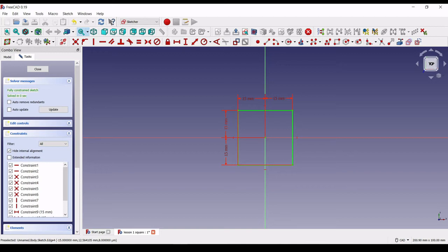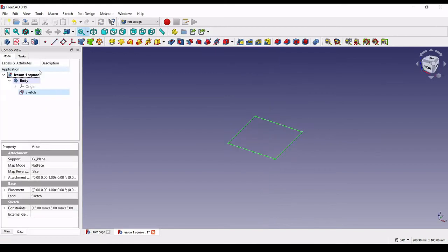Right, now I need to finish my sketch so that we can do something with it. When you're done here, you click on close on the left. Now you'll see on the left hand side you have a body, you have origin and a sketch. It took the square to the flat side, to the XY axis, and we are going to say,